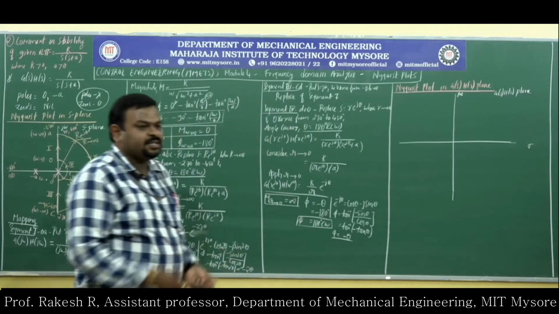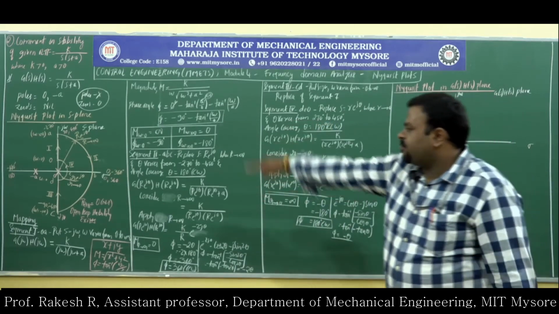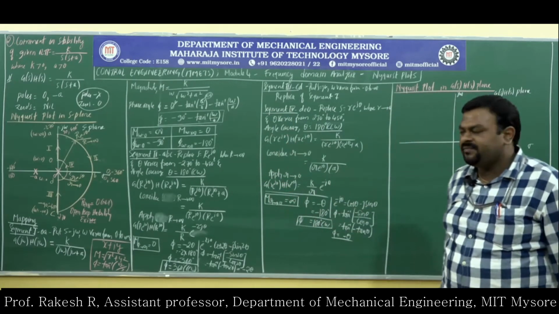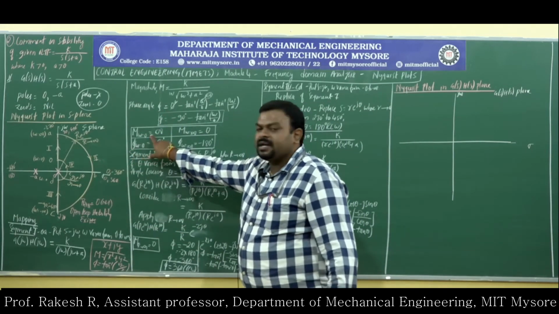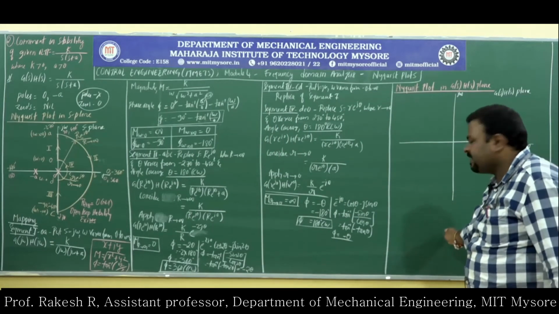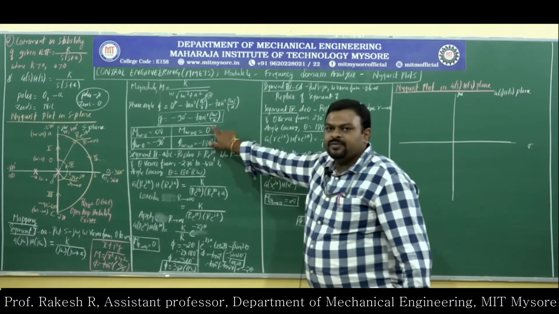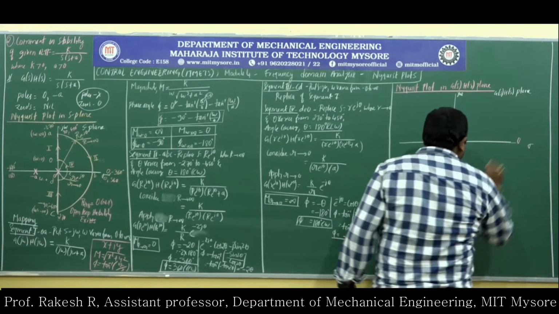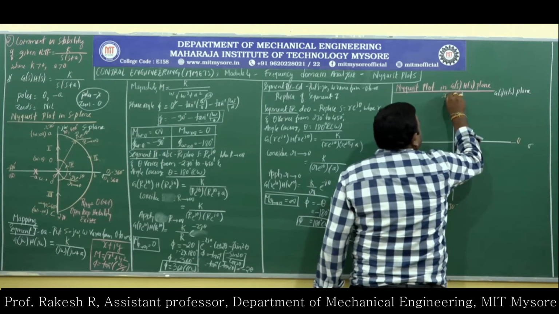So let us start with the first segment. First segment is OA. How to plot OA? OA has omega equal to 0 and omega equal to infinity as limits. I will see the polar plot. What is the magnitude at omega equal to 0? Infinity. So I have to start from somewhere far away, from infinity, and it will end at 0. But what is the angle? Angle is minus 90 degree. So first I will write this is 0, minus 90, minus 180, minus 270.